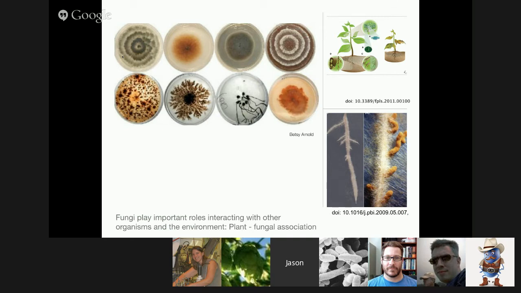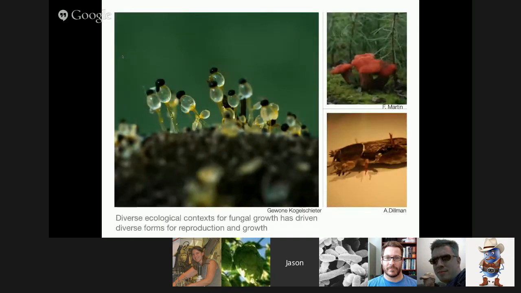with their environment. We are probably more familiar with some of the mycorrhizal associations, which is at the bottom right here, showing the mycelia that associate with the roots, and they provide this communication with the plant to be able to share resources, in which the fungus gets sugar resources and the plant gets usually nitrogen resources back up from the fungus. So there are these intricate partnerships,